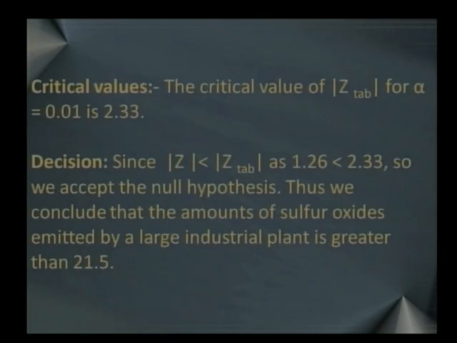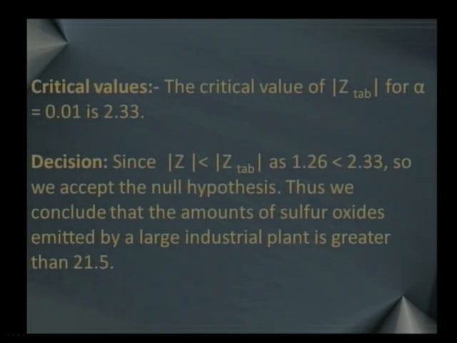So what's the conclusion? Before drawing the conclusion, we need the critical value, the tabulated z value. We can check for the 1% and also for the 5%. Let us check for 1%: the tabulated value from the normal table is 2.33.